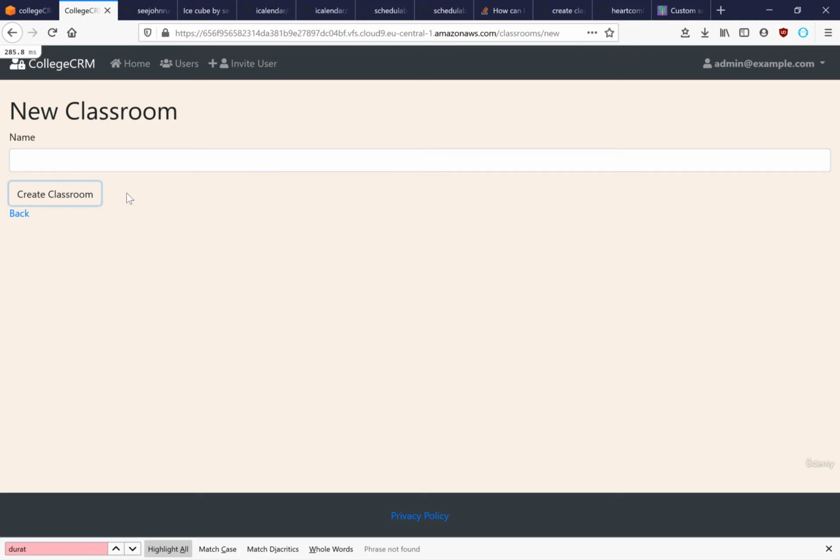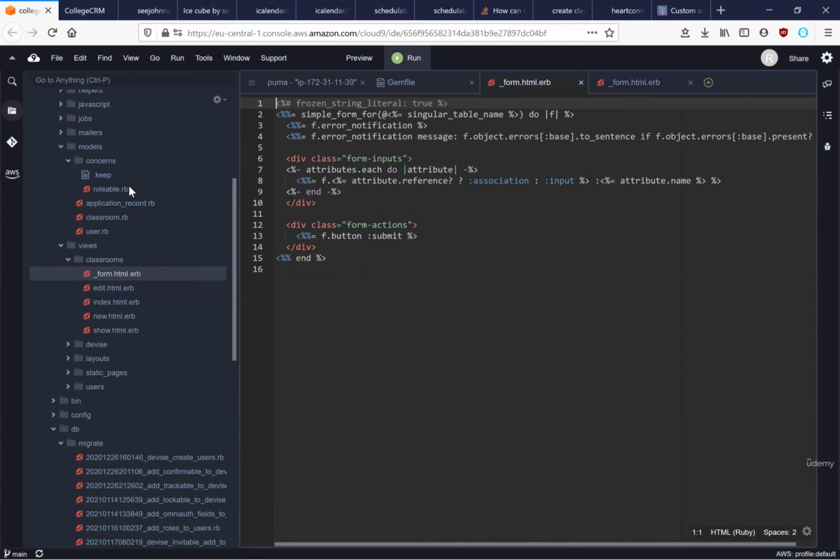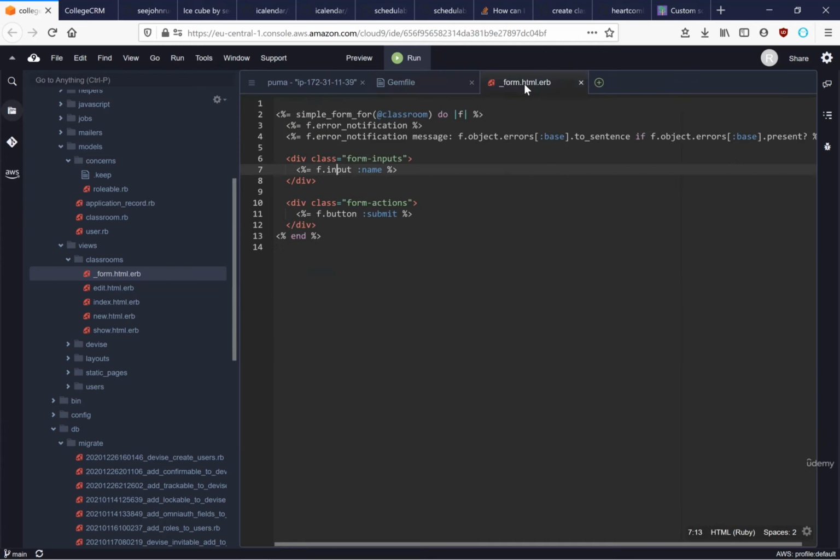Now we have this button. It's actually a Bootstrap button class, but let's make it more beautiful. Let's give it a success class. Now we can do it two ways. Either directly in the form, we can add class btn btn-success, like this. But to make it universal for all of our forms